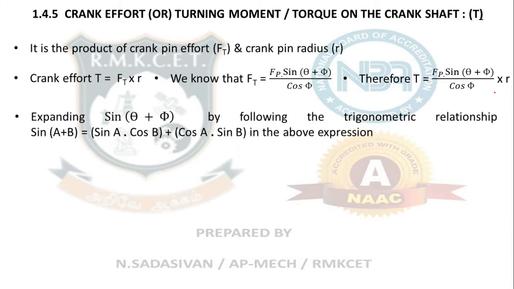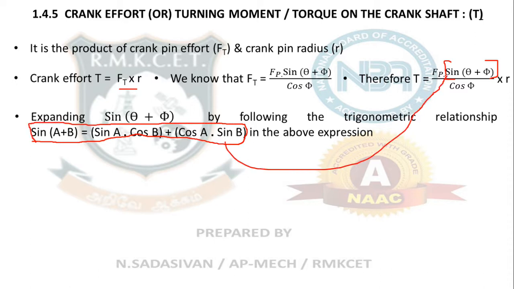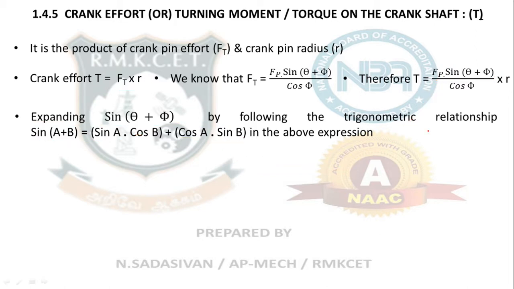See, why we do all this is to get a simpler formula, mathematical manipulation. Otherwise the formula is already over here. We are going to get a better, simpler way of doing it, so that directly I can find the torque from the given data of a question. Otherwise every time I have to find Ft. Okay, so I am going to expand this sin(theta plus phi) using the expression sin(a plus b) equal to sin a cos b plus cos a sin b. This is a very old, age old trigonometric relationship that you all know. Now put this here in the numerator. Okay, so then what happens?